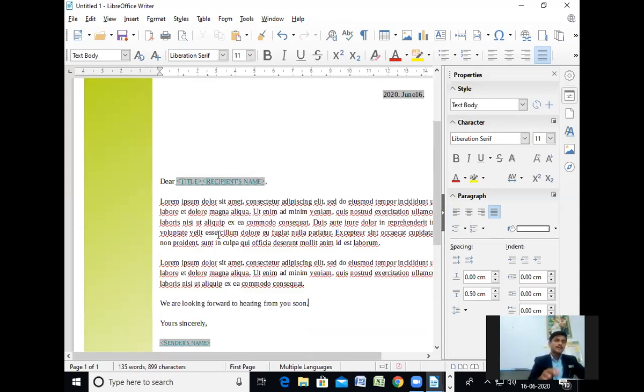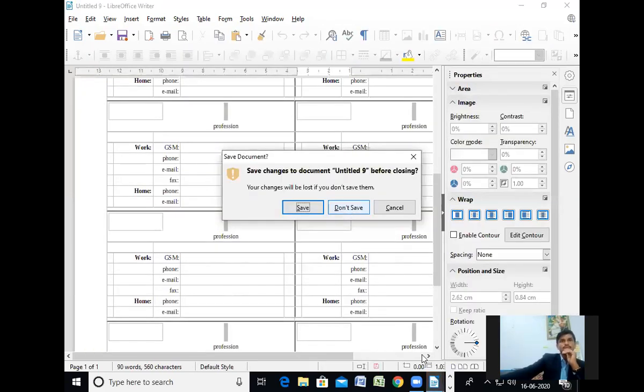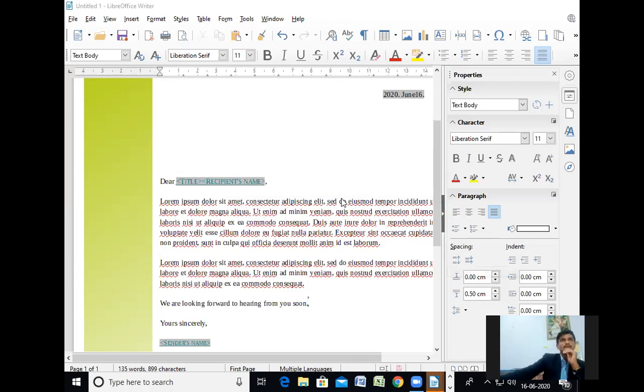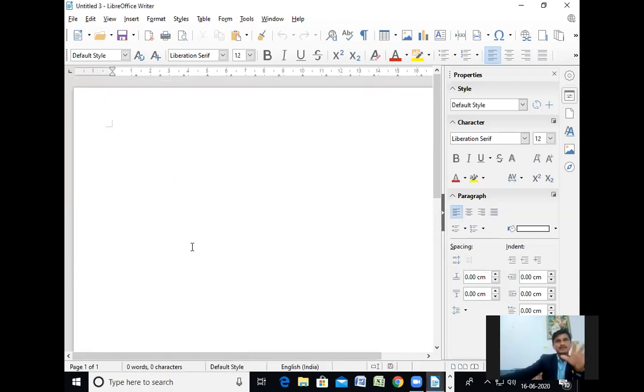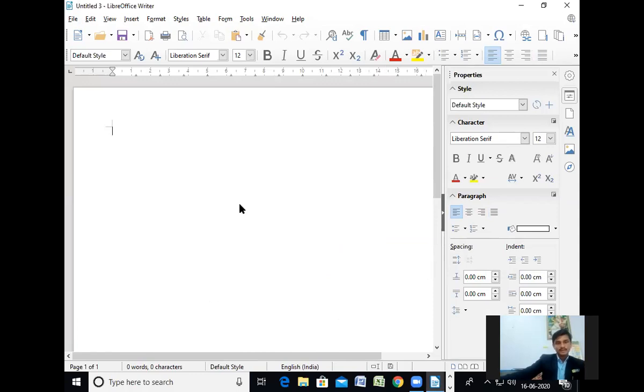Now next point, I'm going to tell you about using a template. If you want to use a template, I have already shown you all these things, but with some different points, the same process. I am going to open a new blank window. See, this is the blank window, nothing in this window. Then I will open some templates again, the same.